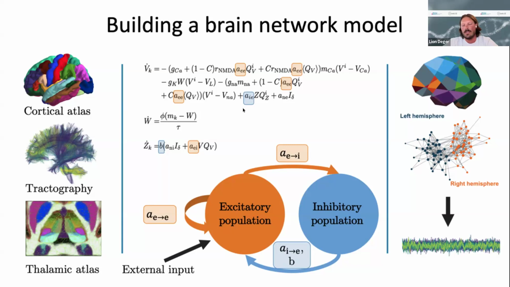The one represents basically a scaling of the inhibitory input to the excitatory population, and the other, B, serves as an analogy for the decay time of the inhibitory current. Okay, and basically you bring these two things together, and you get one of those brain network models that probably a lot of people have told you about.